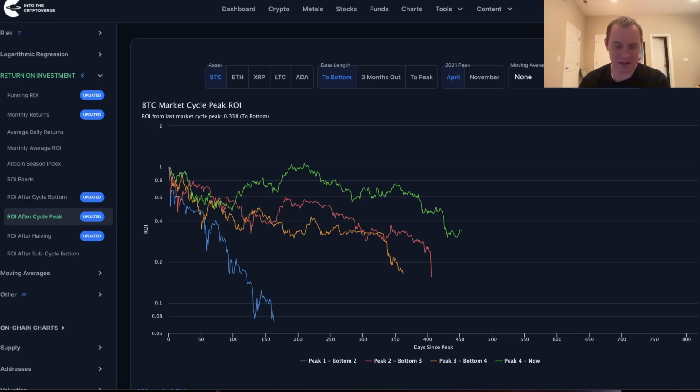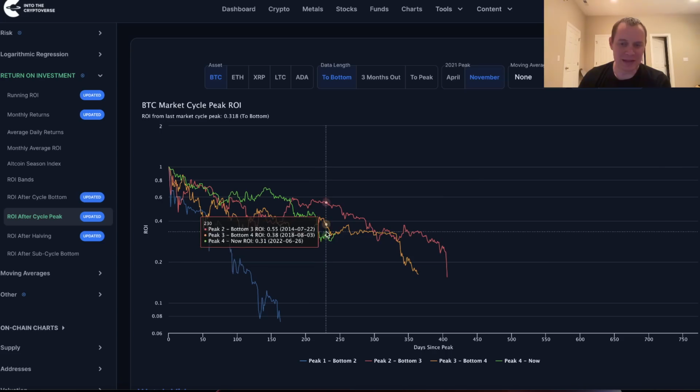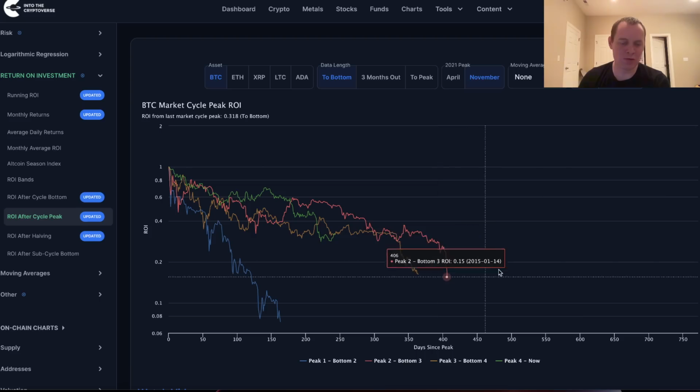Certainly by the end of the year, we'll continue tracking this and see if we get that final leg down. If we do, as measured from November, and you see this play out in a very similar way, where it sort of just chops around for a while and then has one more move to the downside sometime by the end of this year, early next year, it might be time to wake up and gear up for the next market cycle. If on the other hand, we're able to hold 17.5 for many months to come, and the Fed pivots, then we'll have to plan accordingly based on that.